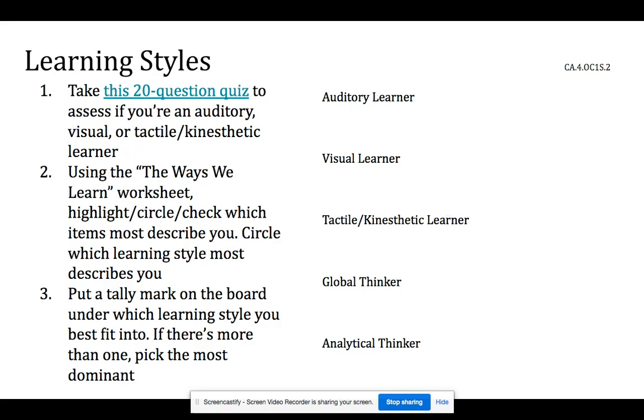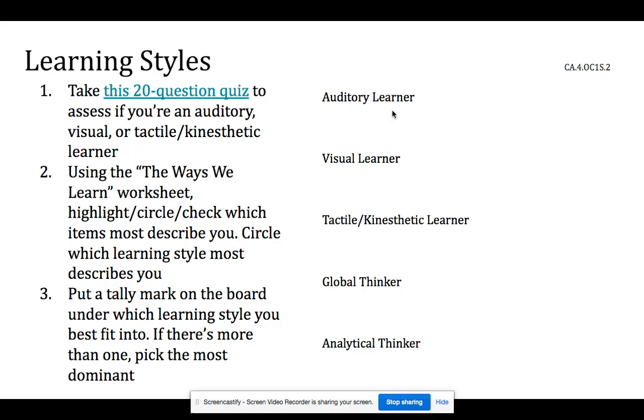So, what I would like for you to do is to pause the video and take this quiz, and it'll assess if you're an auditory, visual, or kinesthetic learner. Some people get a really high percentage of all 3, and that's totally fine because sometimes it depends on the context of what kind of learning situation that you're in. And then I'm going to post a worksheet on Google Classroom. Normally, I would just pass the worksheet out in class, but since we're not together, I'm just going to post it. And you can print it out if you would like to, or you can just see it on the computer and you can mark it up that way.